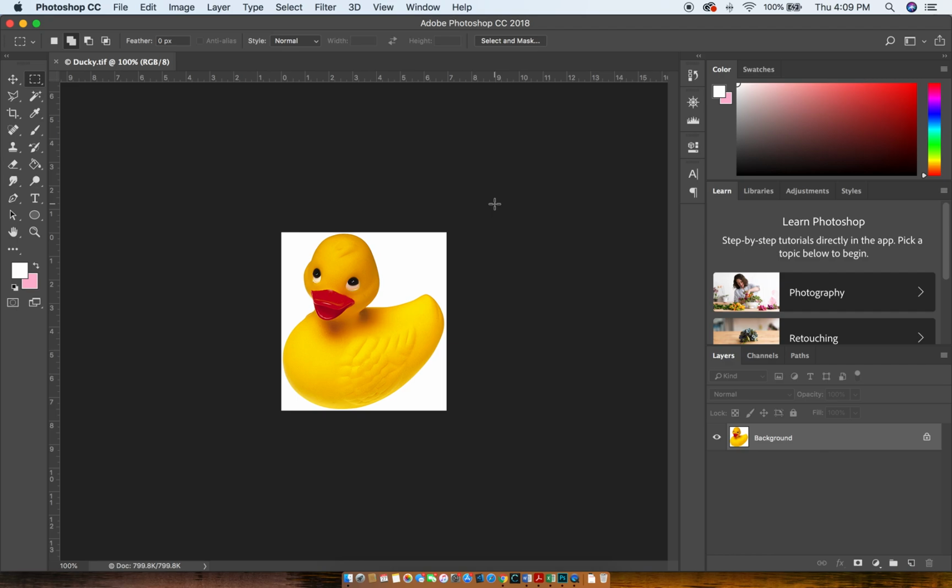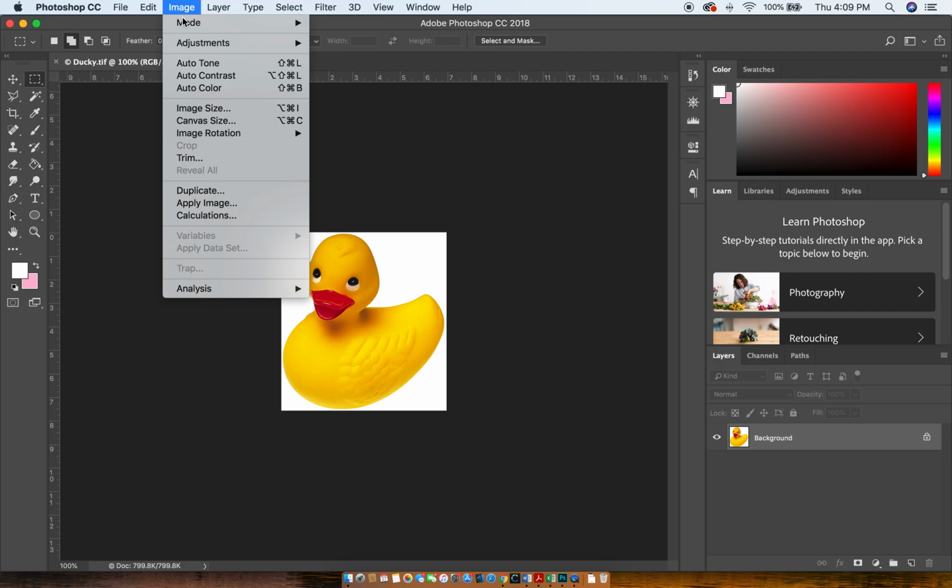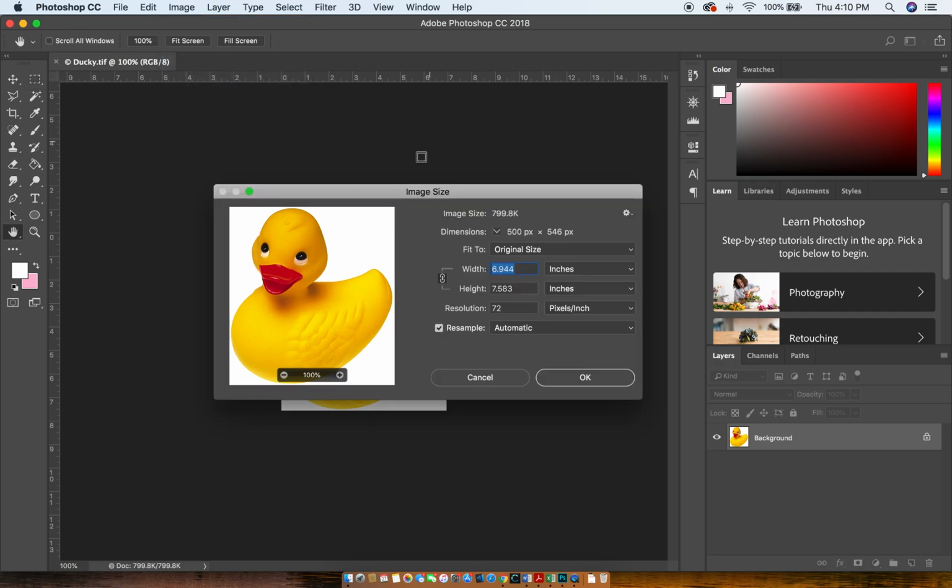So if you will recall, there is information that you can find simply by opening your document and looking at the tab. You'll see here that this is titled Ducky and it's a TIFF. You'll also find that I'm looking at it at a zoom of 100% and that it's currently in a color mode of RGB. To find more information on this file, I can come up to Image, Image Size, and I